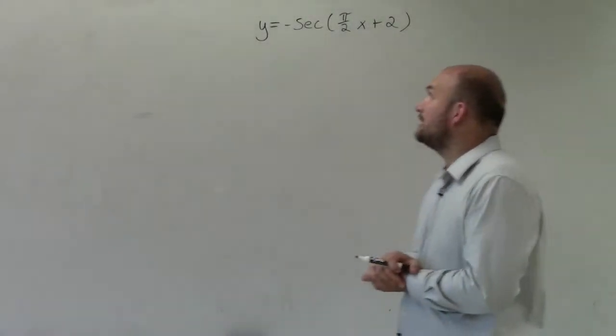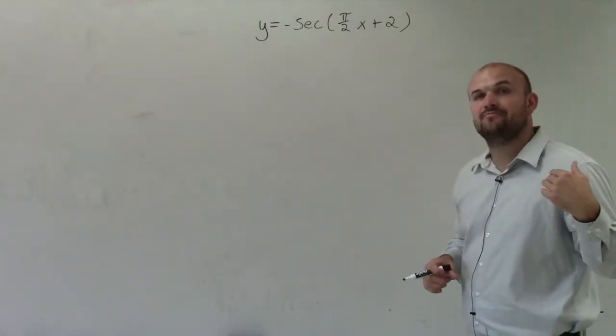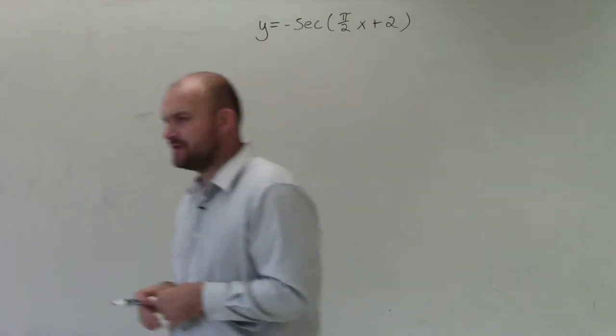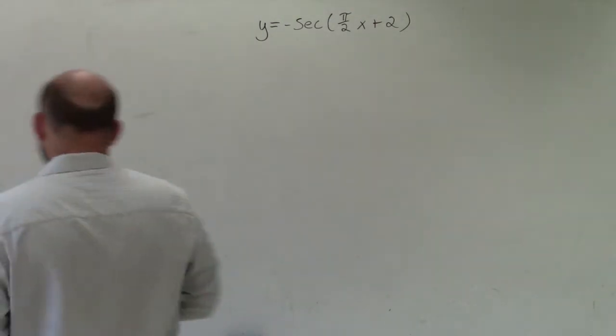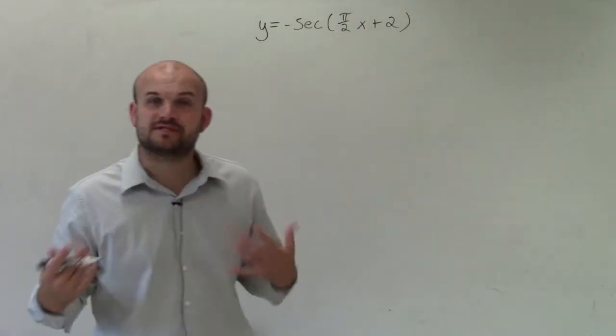Welcome, ladies and gentlemen. So what I'd like to do is show you how to graph y equals negative secant of pi over 2 times x plus 2. And I believe that was it, right? Yeah, okay. So when graphing secant, we want to obviously go ahead and graph the reciprocal function, which is going